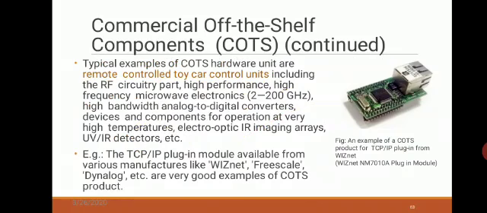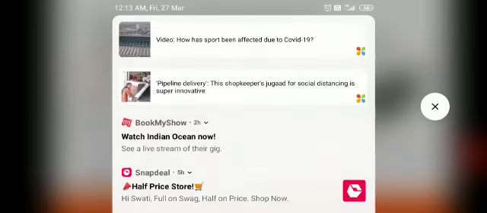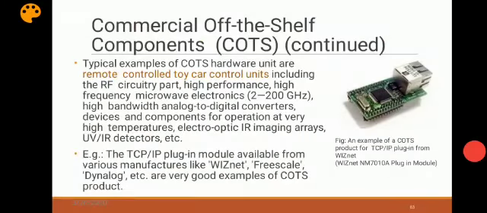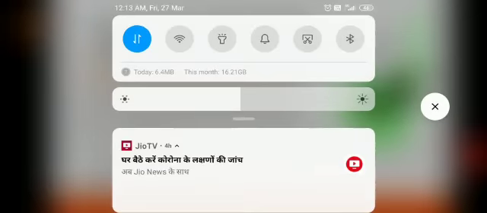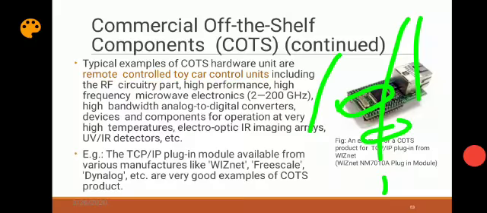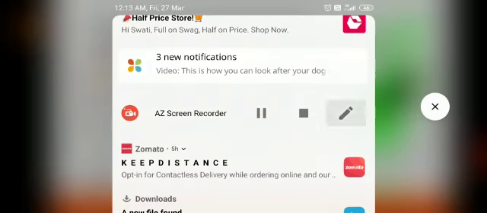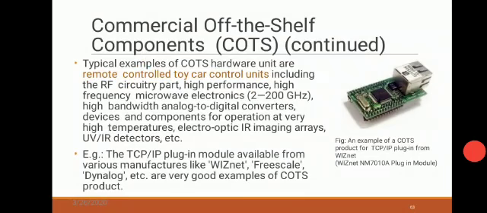You can see there are some pins visible here. These we connect, or we put this on top of the processor. Once we put that, we can use the entire embedded system for a particular application.